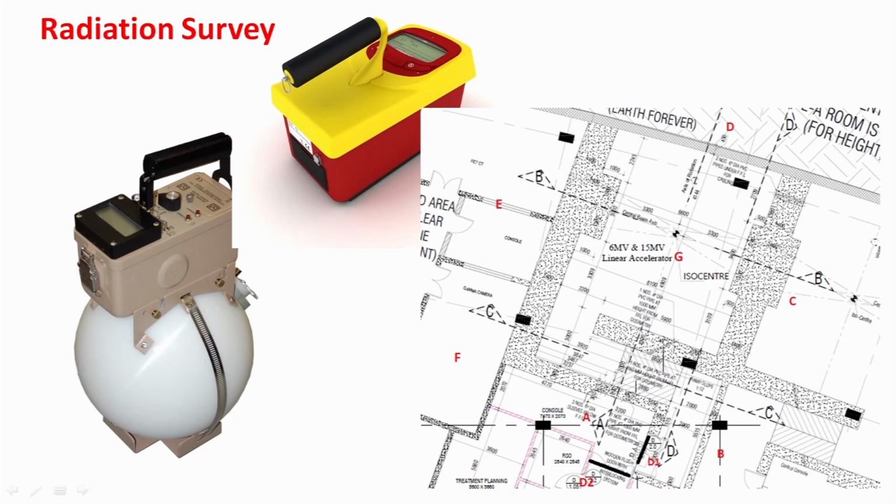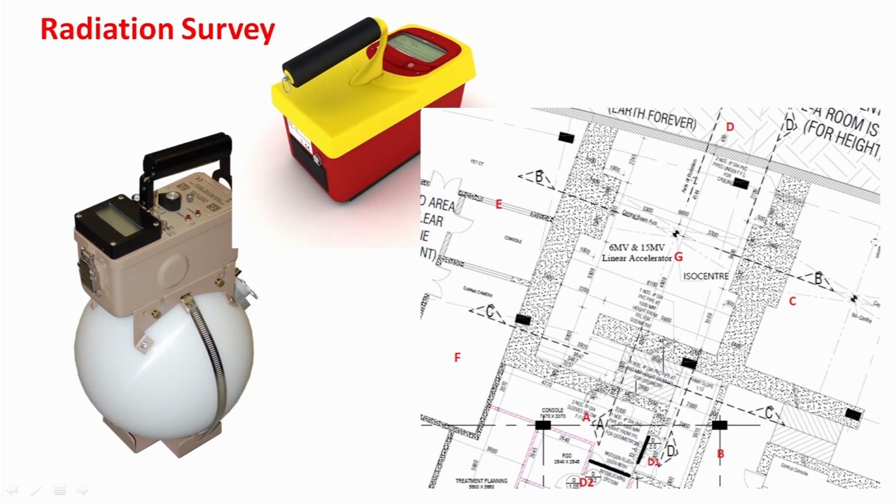Now the radiation survey. We already learned how to perform a radiation survey in the case of a telecobalt machine. The radiation survey for a high energy linear accelerator has a change, because in a high energy linear accelerator there are multiple energies, with energies higher than 10 MV. There is a production of neutrons. Because of pair production, the neutrons get produced at energies of 10 MV or more than 10